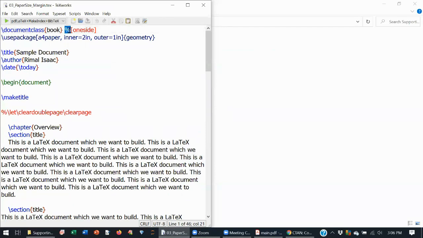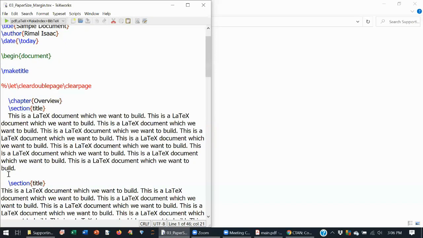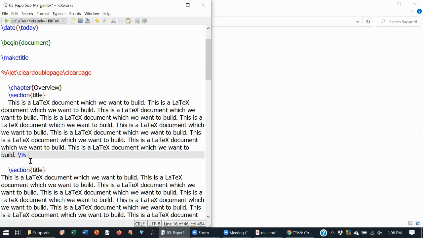If I put any percentage sign, the comments or anything next to the comment will not get printed. So this is for commenting. Okay. You can use the percentage sign. And one more thing: if you want to type percentage, you have to put a slash and then the percentage. And the same way, if you want to type a curly bracket inside a text, there also you have to put a slash before the open curly bracket, and again a slash before the close.